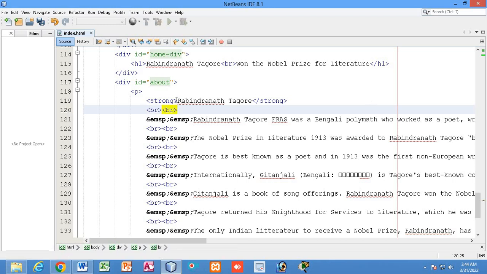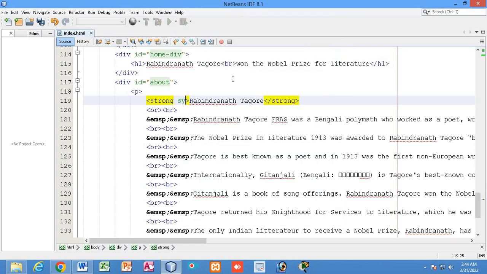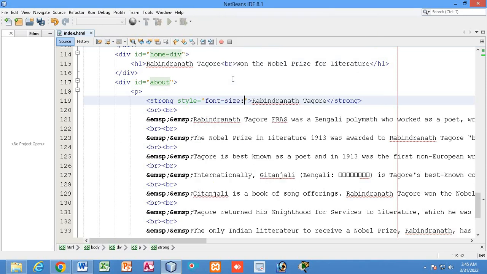Okay, for this strong tag I will apply inline CSS, just style. I will just increase the font size. The font size will be, let's say, 24 px. Okay, and I will also add the font family.